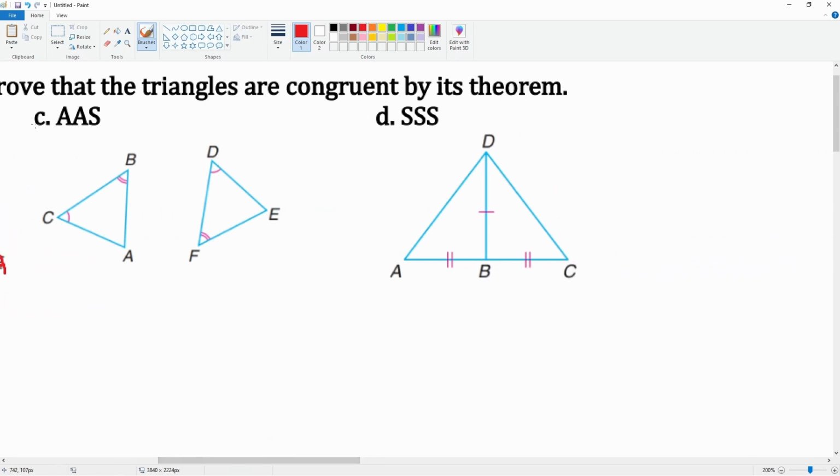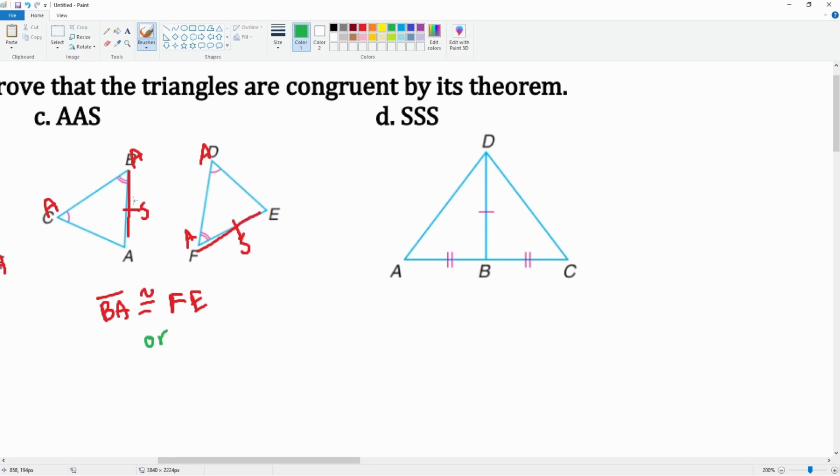Then the next one, angle side. So we have the angle. We need the side either here or here. So there's two actually answers here. So the first one here, and it is on the second side. So it can be this is congruent to this. So we can say line BA is congruent to line FE, because take a look, angle side, angle side, or